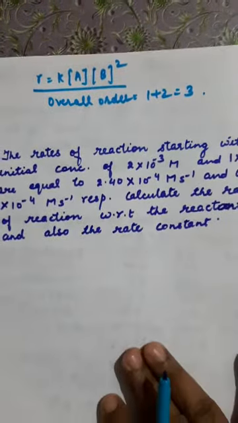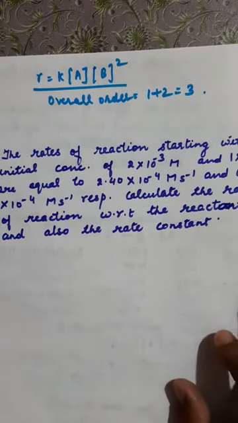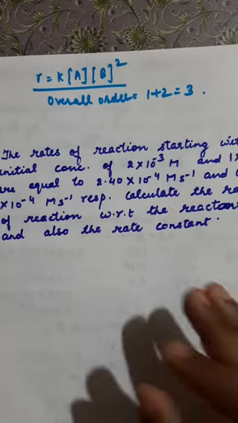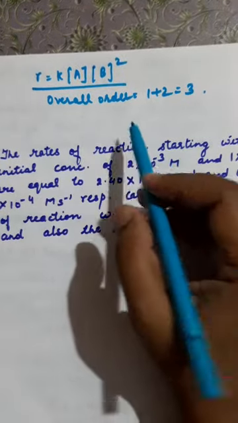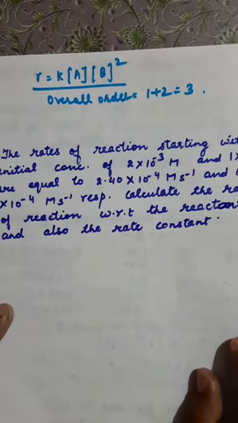So in this way, this is known as the initial rate method. Experimental data is given. You have to compare two experiments at a time. Keeping one of the concentrations constant, you can find the order with respect to the other reactant. So in this way, you can find the individual orders of the reactants and then sum up. You will get the overall order of the reaction.